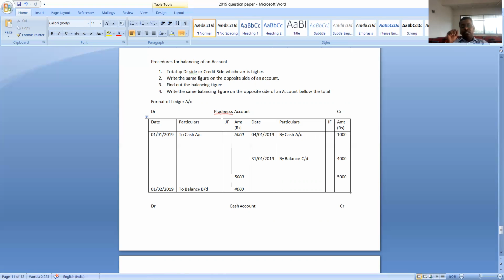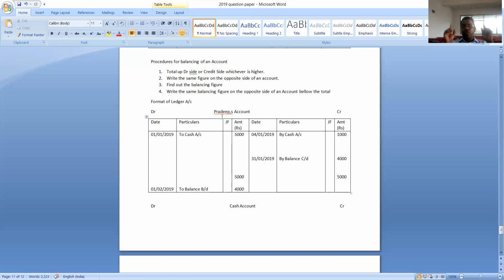So from the point of examination, preparation of ledger account is very important. And more than that, we must be perfect with balancing of ledger account. So please keep in mind these 4 important steps and implement all of them in sequence. By that, easily you can balance the account. So it is all about the format of the ledger, how to post the entries from the book of journal to the book of ledger, and at last how to balance that particular ledger account.